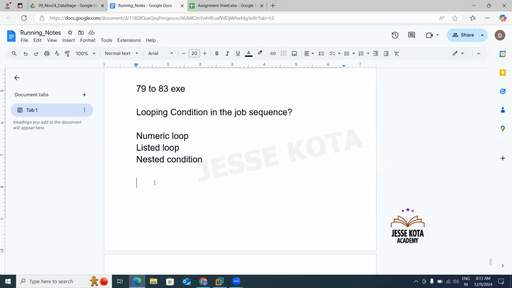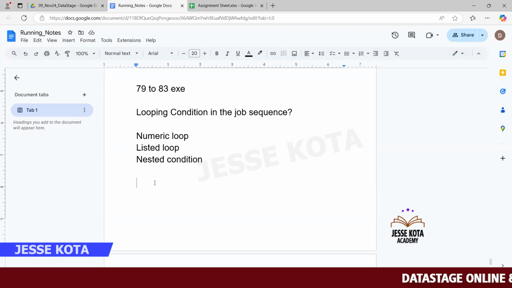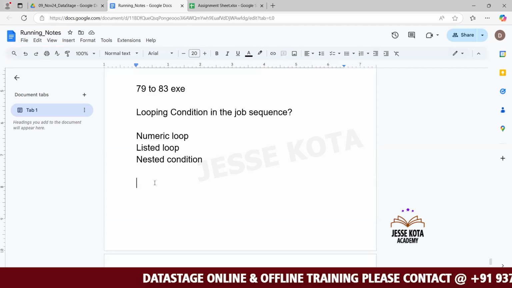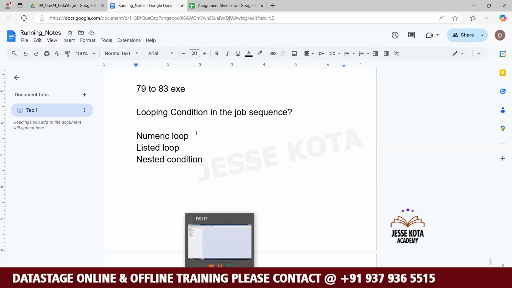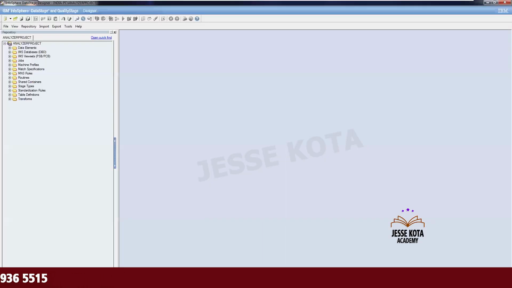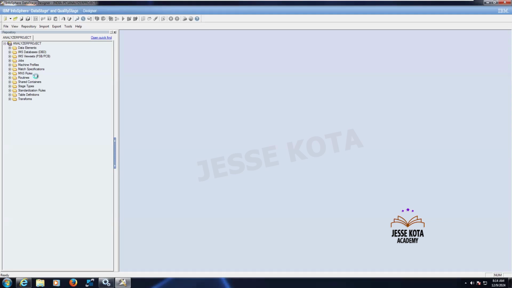So now let's start with looping condition. So why do we use loops generally in any programming language? For any iteration purpose, like I want to perform some repetitive tasks. So I want to run a particular job multiple times. I want to pass a condition until the loop exits. It has to perform the data pipeline. Okay, so that is the scenario. So here exercise 79 is we will be creating a listed loop. A list of designations are there in an employee table. I need to separate those records into multiple files. Okay, so here what you can do,